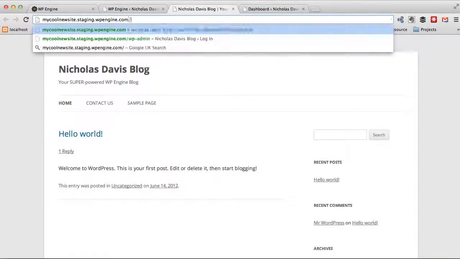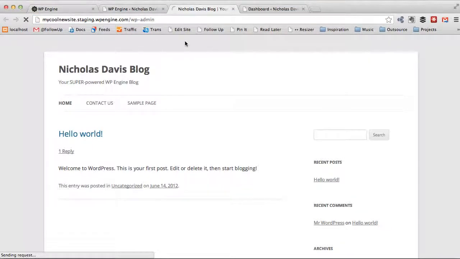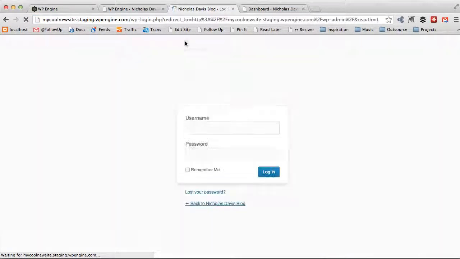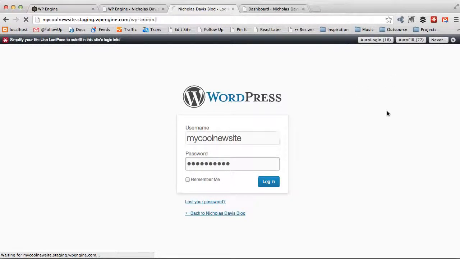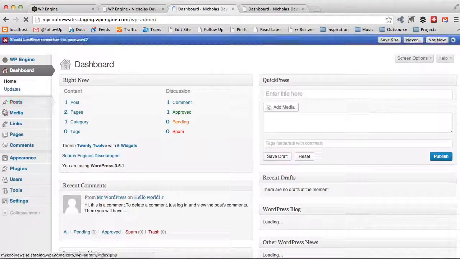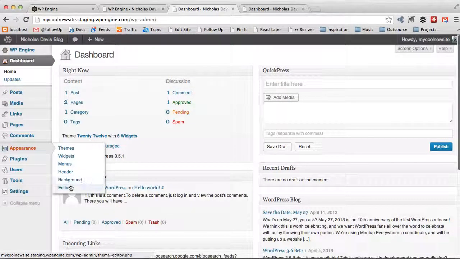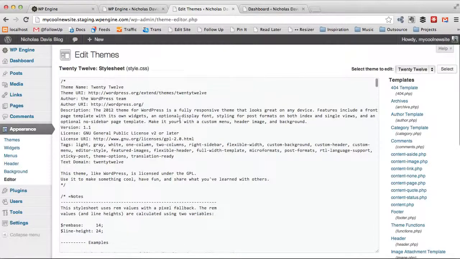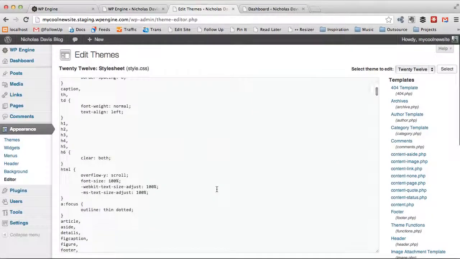First thing I should point out as well is that the login details, everything is exactly the same, so it's using the same database. So your username and password, let's log in, will be exactly the same. As I said, obviously you can post different bits of content, move things around the homepage, whatever. If you're doing a code change, which you probably wouldn't normally do this way, but if we take a look at the style sheet,